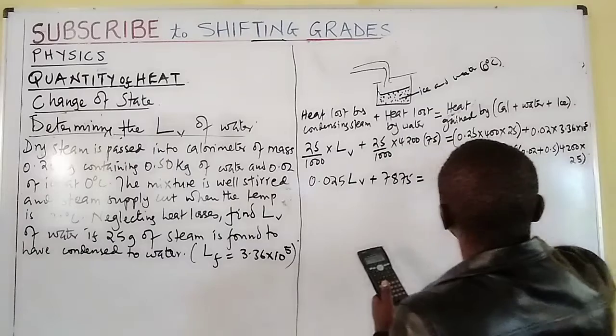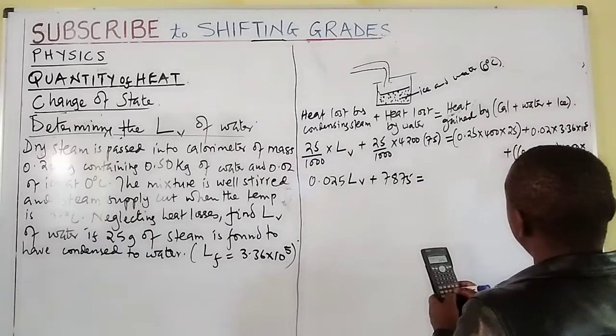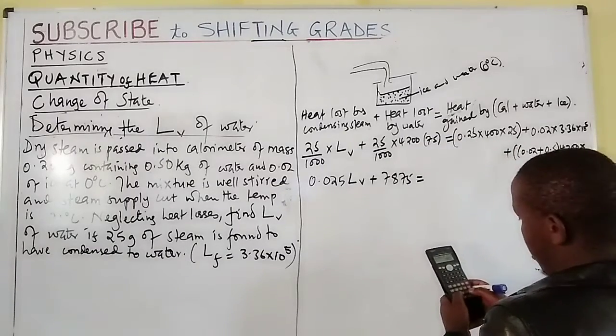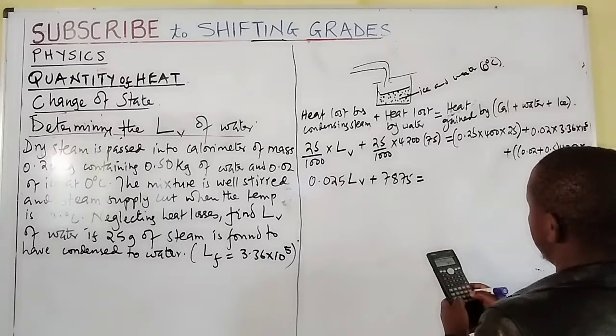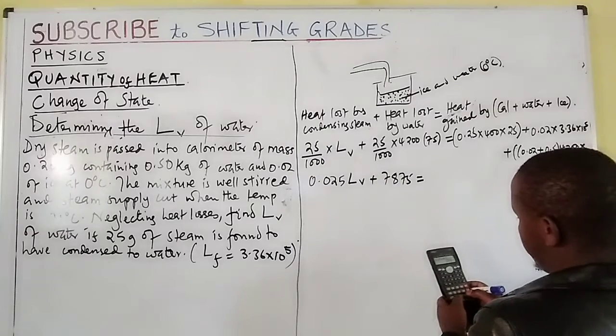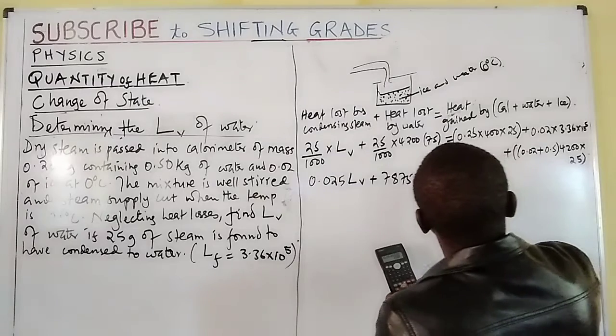It will be equal to this side multiplied: 0.25 by 400 by 25, this is giving us 2500,